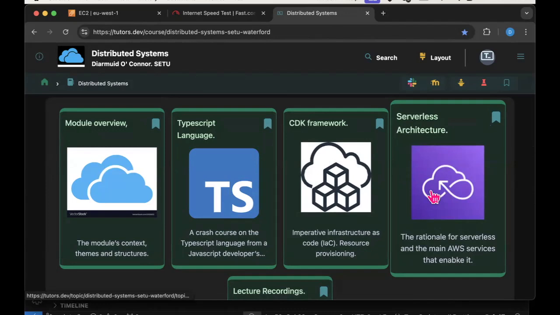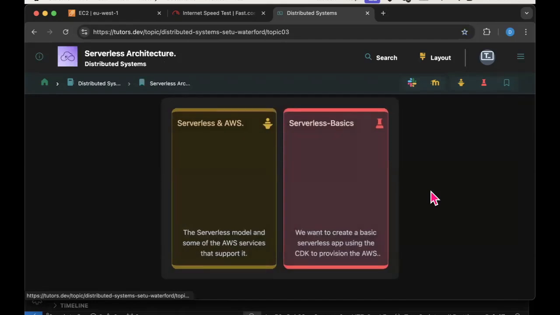And again, we're going to be using the CDK framework right throughout this section as well. I'll just pause for a second in case there may be a question from somebody. No? Okay. Let's start off this topic.